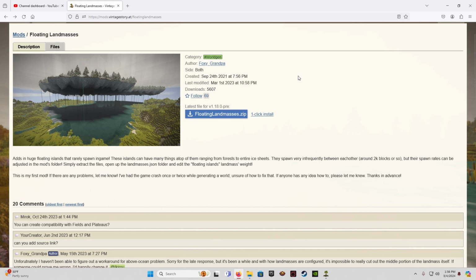Hello everyone, this is going to be just a quick video to show you guys how I was able to create the Skylands map that I got. So you will need to download this floating landmass mod that was created by Foxy Grandpa, and you will need